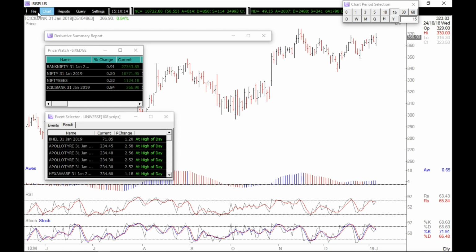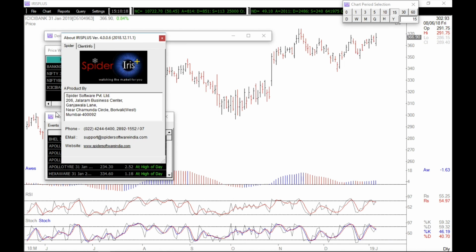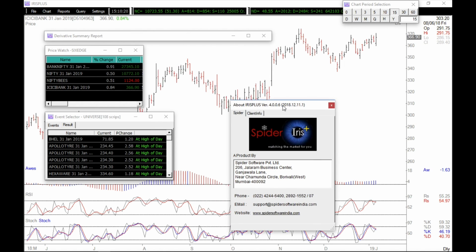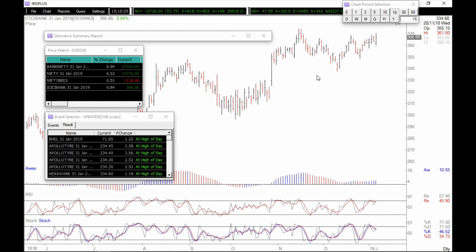I'm using the Iris Plus software here, and I'm going to walk you through the logic and rationale why my screen looks like this and why I'm plotting these indicators, and for what good reason. If you're using some other software, you can try and work on similar lines. So first things first,